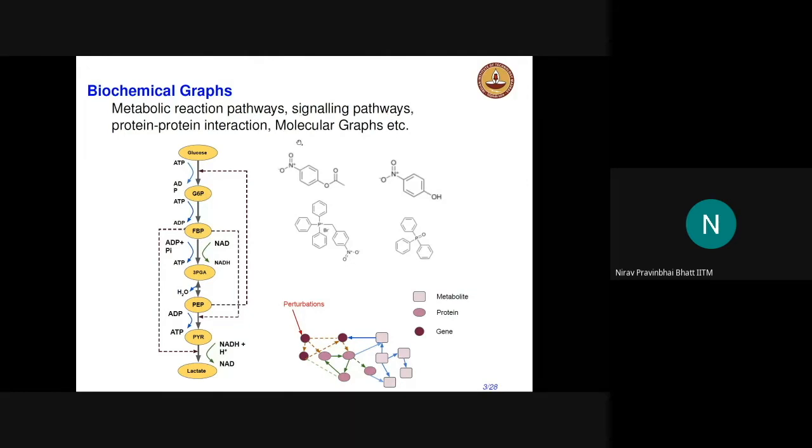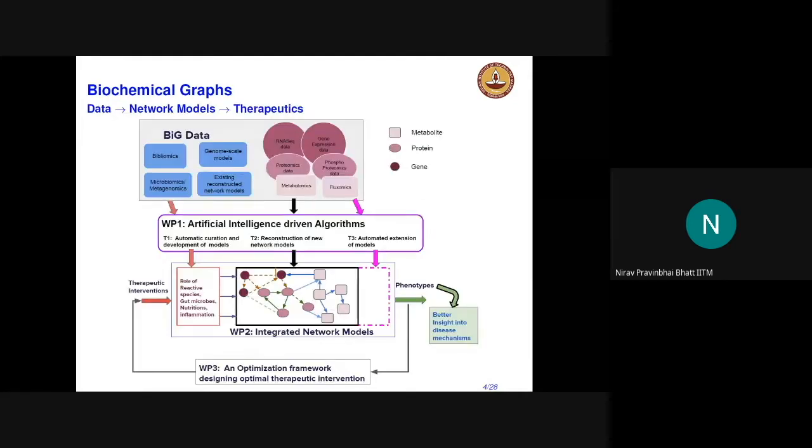Also molecular graphs. At least in the AI/ML community, they call molecules and their structure molecular graphs, like you can see here. These are some of the graphs which we want to represent for doing some kind of analysis, or sometimes we want to learn them from the data. In today's talk, I'm going to talk about one example where we try to learn the representation of these graphs for property prediction. Another one is to build this graph for doing therapeutic intervention in the longer run, or even getting better insight into disease mechanisms.